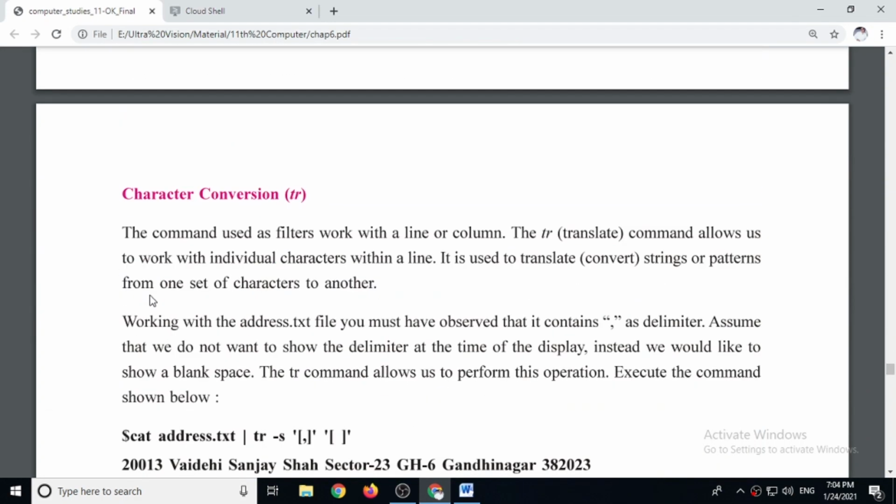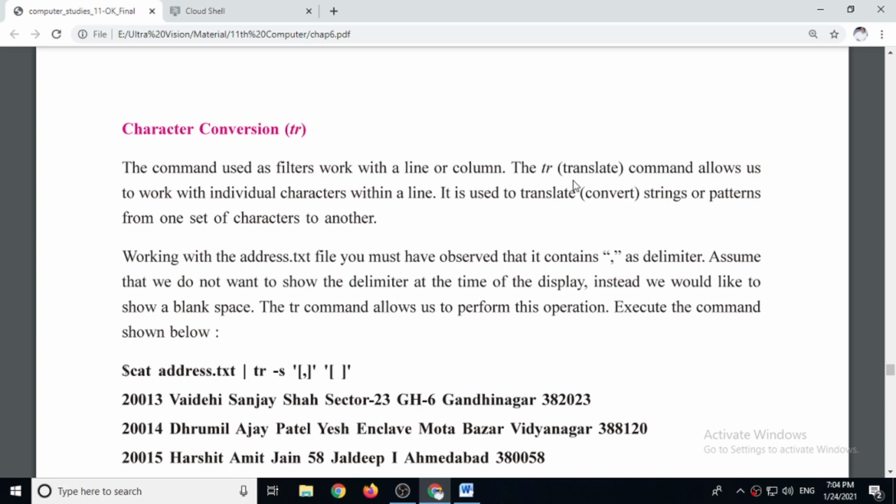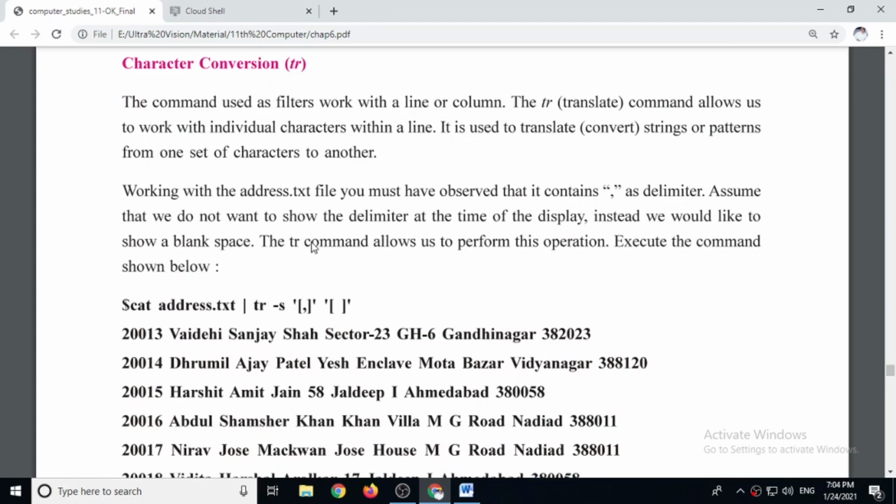Then the next filter is the tr filter. tr means translate actually. Remember, the full form of tr is translate. This command does some magical work. cat address.txt pipe tr -s '[,]' '[ ]'.